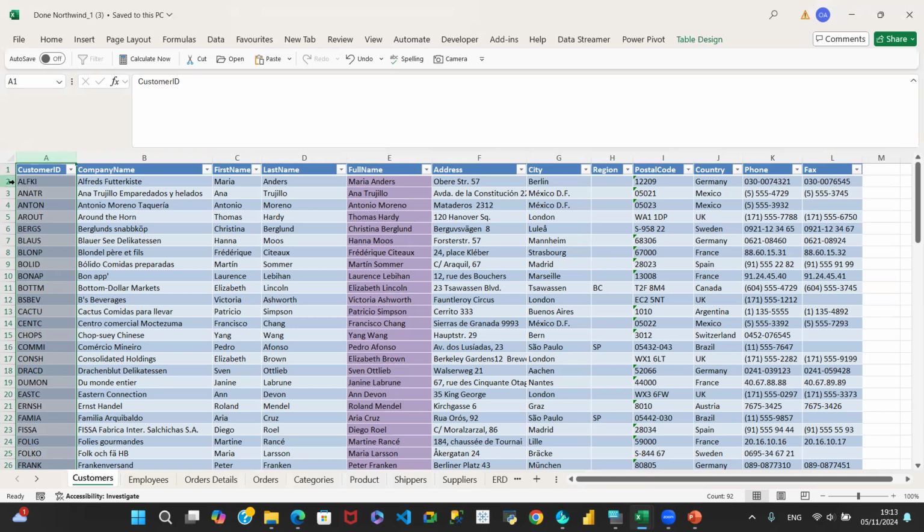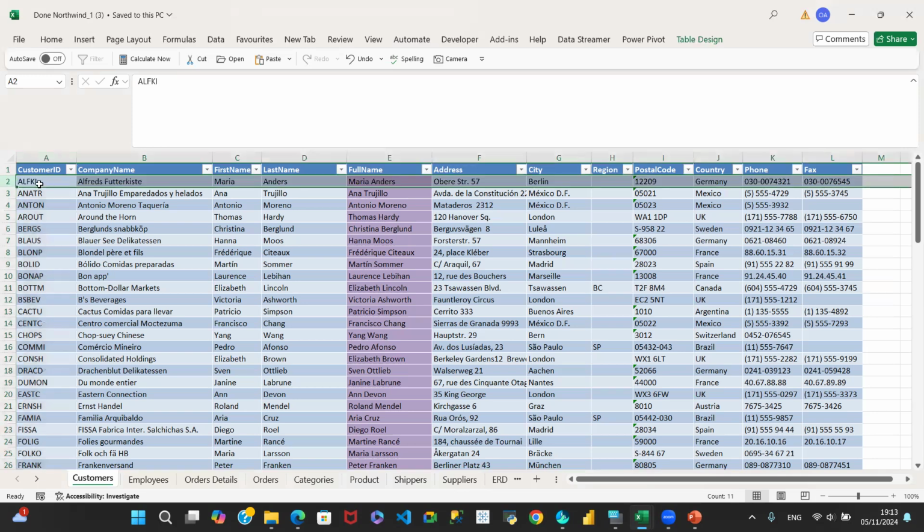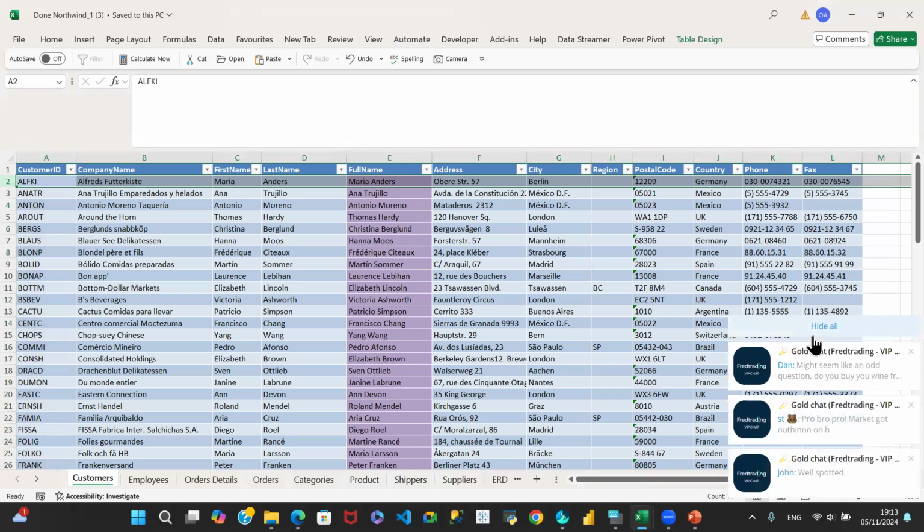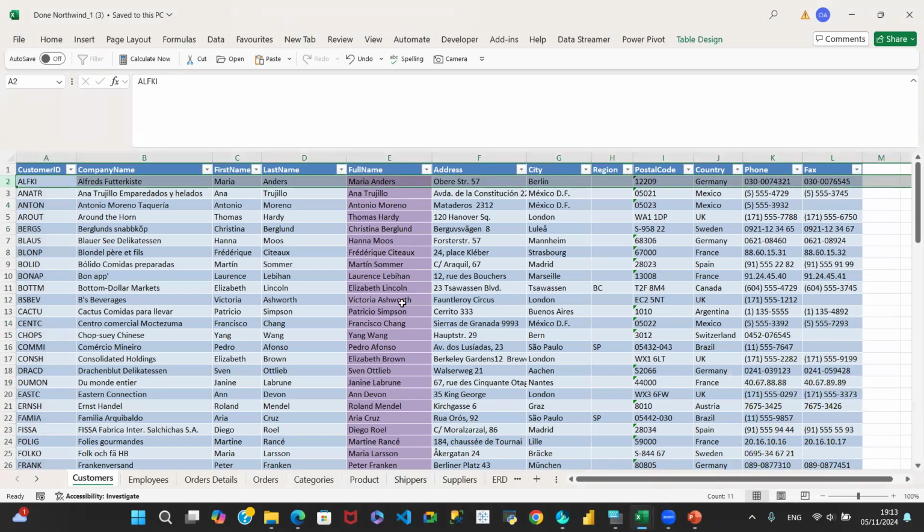So this row 2, this particular customer, the customer ID is ALFKI. His company name is Alfred, whatever that is. First name, last name, full name, this has been worked on. That's why you're having that, but some databases would have it like that. The address of the customer, the city they are in,